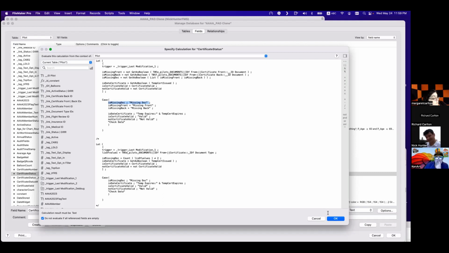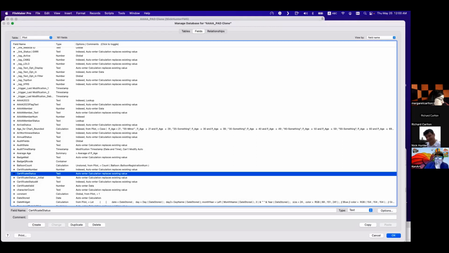So let's see what it's doing here. Let's validate this. So I'm copying this. Let's see what's going on. It's good because I'm showing you what's going on.